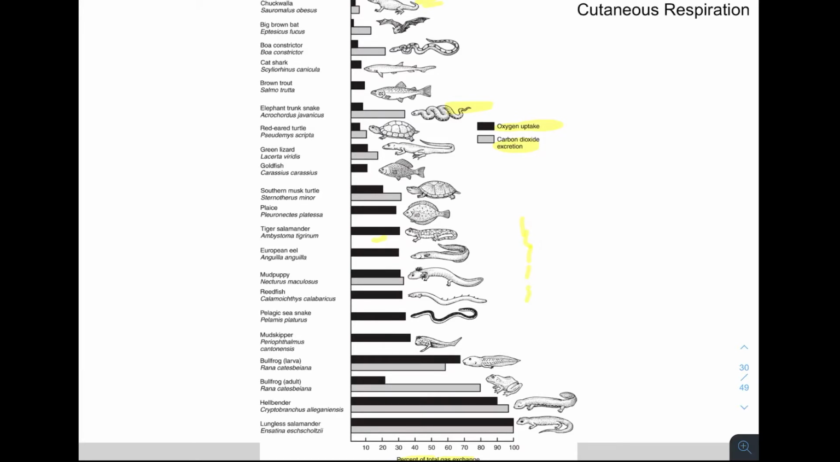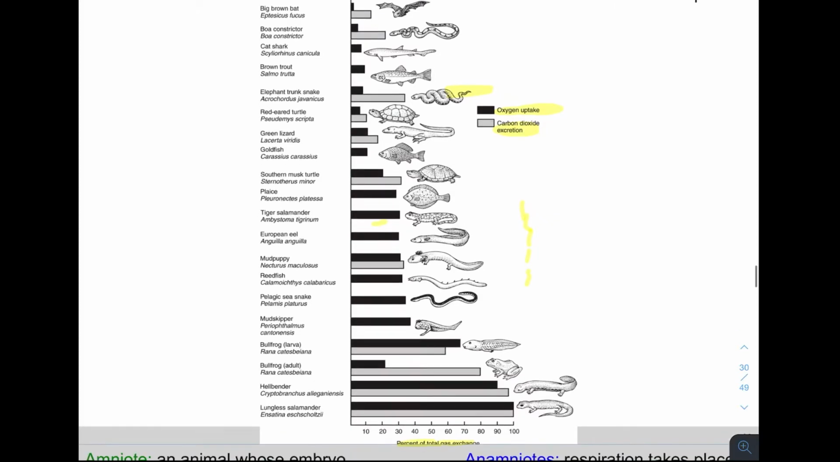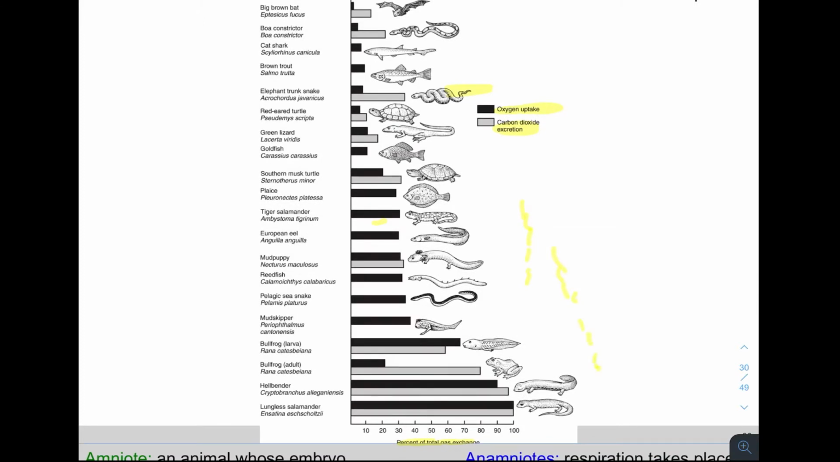And that's why you don't see that gray bar being as big for a lot of these amphibians, because the gills are the ones that are excreting most of the carbon dioxide, but it's the skin that's actually absorbing most of the oxygen. Now, this is a huge spectrum, and so we can go all the way actually to